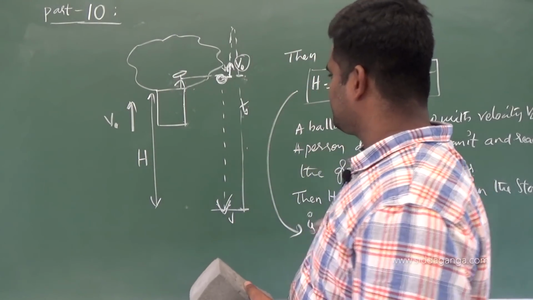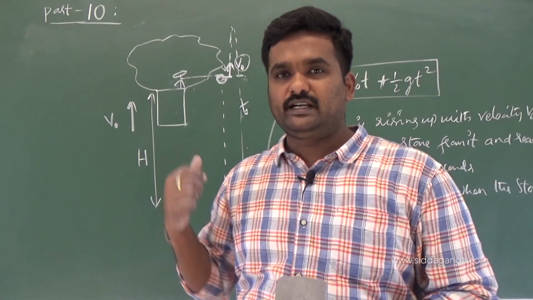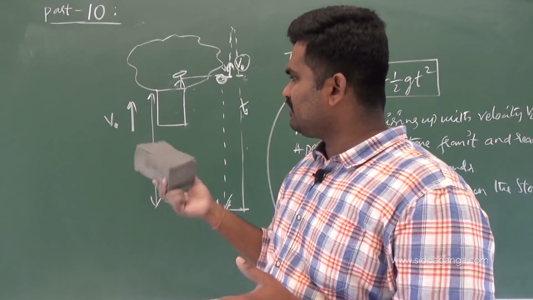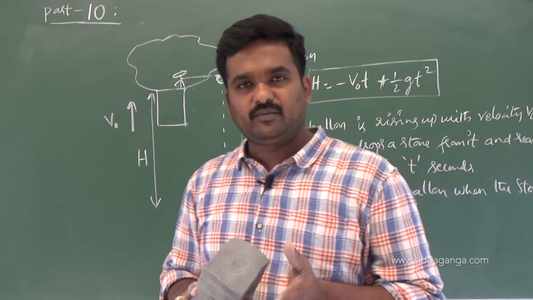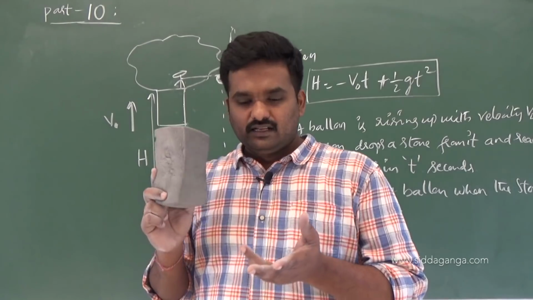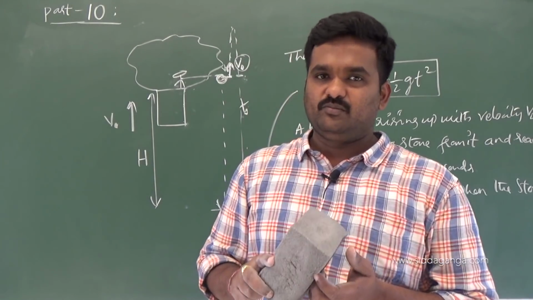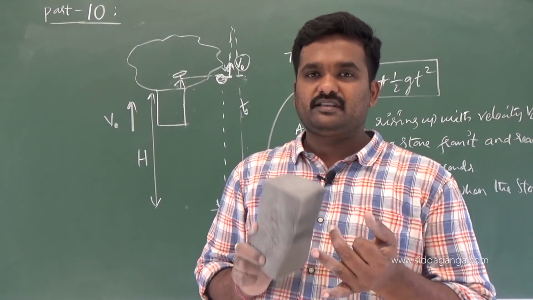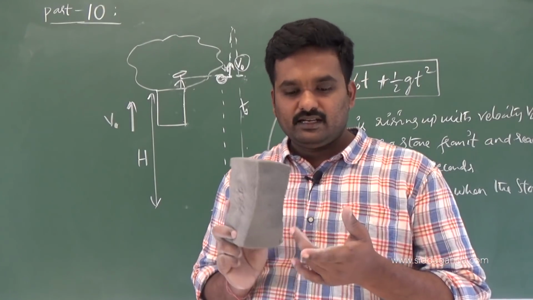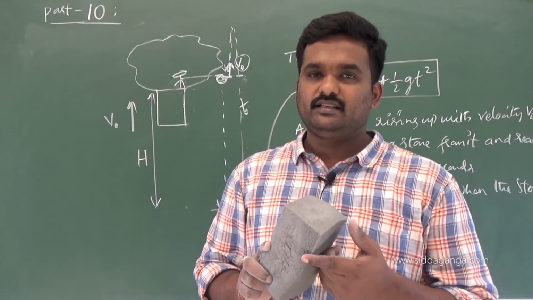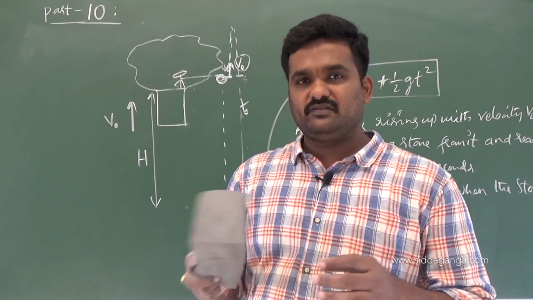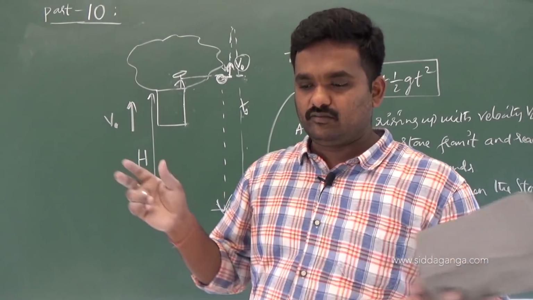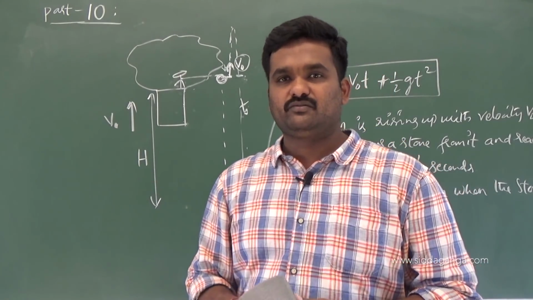I hope with this, for today's session, I am going to wind up. I hope you got the points related to what we have studied: motion parameters of a vertically projected body. Time of ascent, descent, flight, and maximum height relations. You have to remember maximum height is u square by 2g. Time of ascent and time of descent is u by g. Time of flight is 2u by g. Using these relations is very efficient in solving problems. It will minimize your calculations if you remember those formulas.